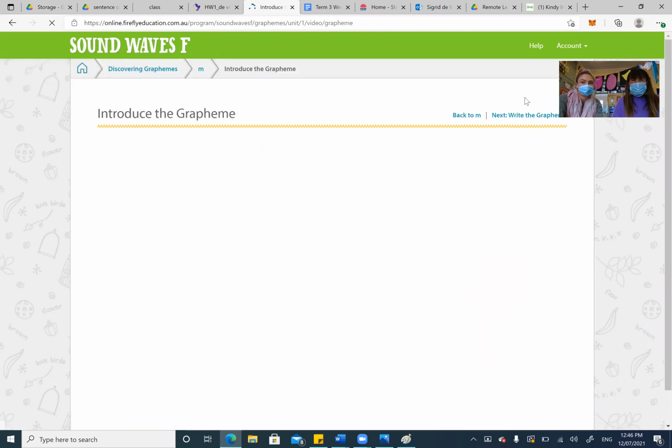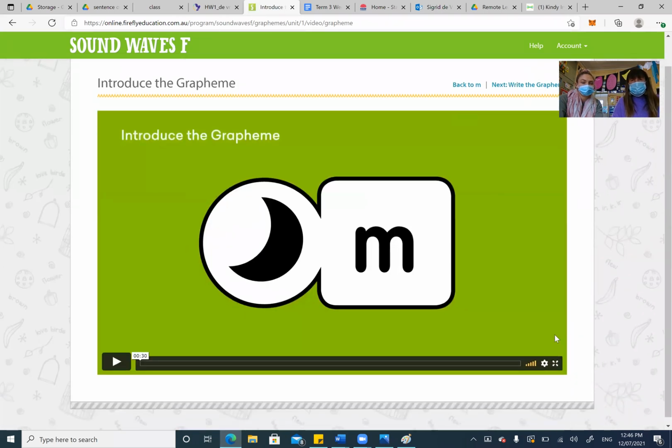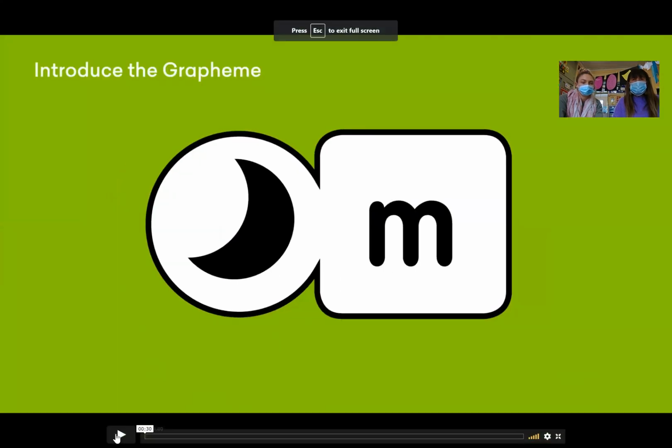Now we're going to have a look at introducing our grapheme. So our sound was... Let's have a look at our grapheme. We can show the sound using the letter M. The letter M shows in mat, mop, and him.